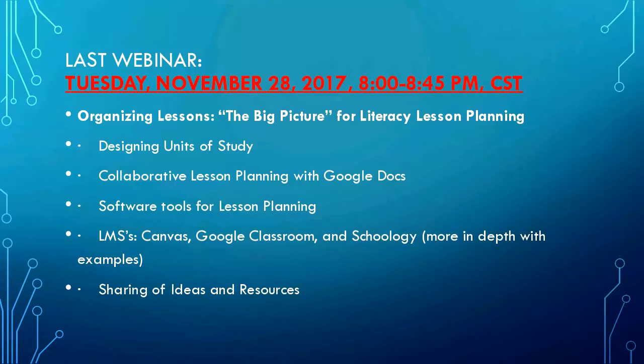Software tools for lesson planning, LMSs, that means learning management systems like Canvas, Google Classroom, and Schoology. I'm going to share examples and kind of where we're heading with the big picture. Again, a lot of schools are using computers for assessment. And there's something called iStation you guys should look up. Some schools are using iStation for assessment.